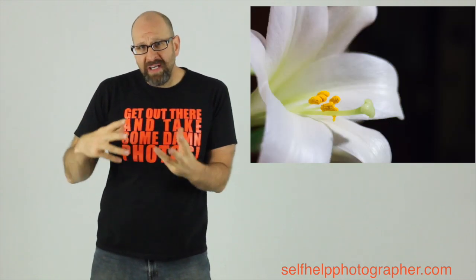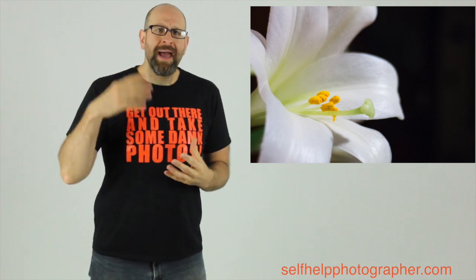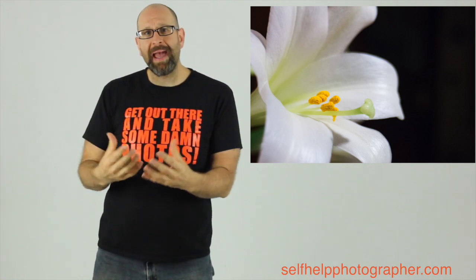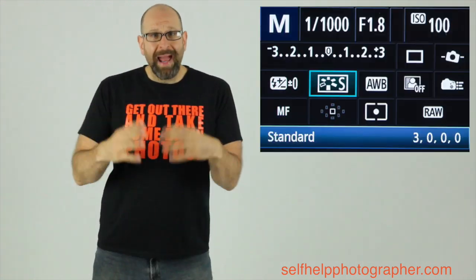Now, composition is the squishy side of photography. It's how you arrange your photograph and how that arrangement appeals to the person that's looking at it. I'm going to show you how to use composition to really make your photos pop,